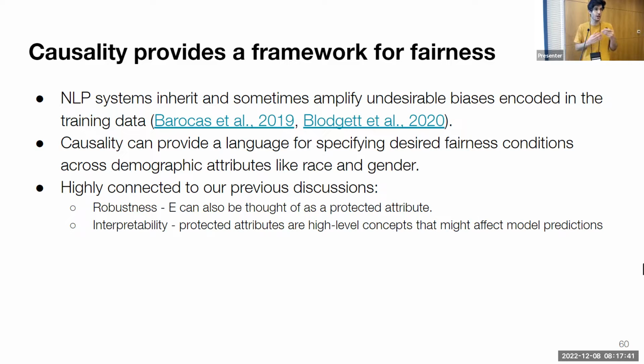All right, so there are very obvious connections to those two ideas that we have discussed before, right? Robustness, where we can think about an environment as that protected attribute, or interpretability. We have some attributes, some concepts that are affecting predictions of the text that we don't want them to have. And so basically we'll find some causal effect on our model, but it's not desired. If we have identified this type of effect in the interpretability part, we should now think about ways to make sure it's not there when we end up learning a new model.